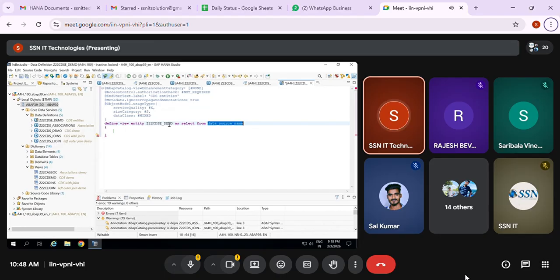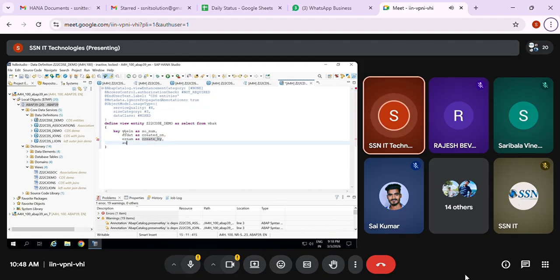And then here select from VBAK, same as before. Key VBELN as SalesDocument, ERDAT as CreatedOn, ERNAM as CreatedBy.